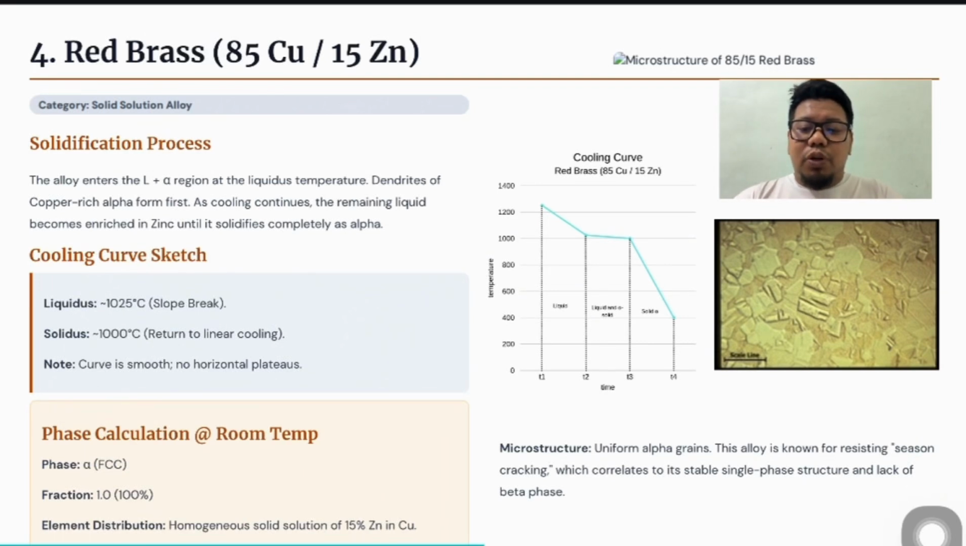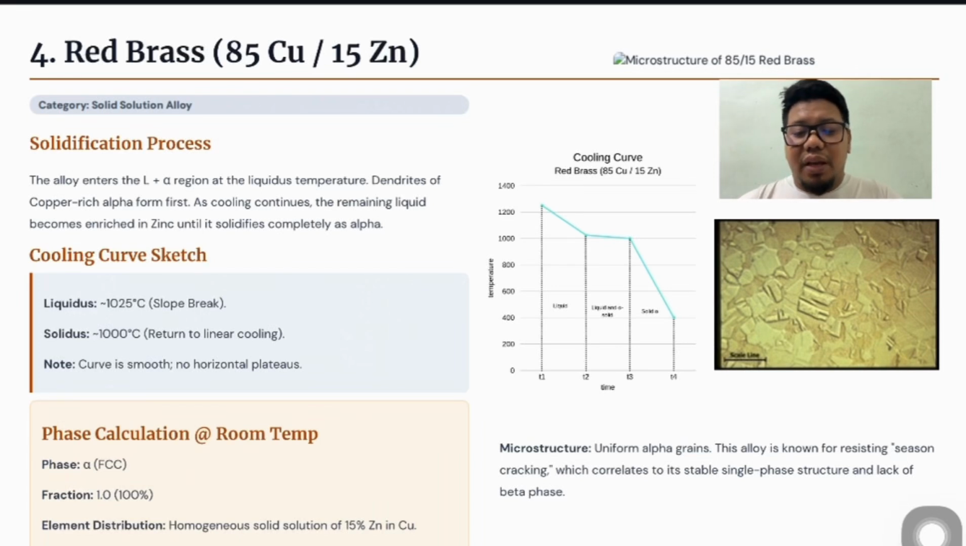There is a specific problem called season cracking, where brass cracks in bad weather or a stressful environment. Red brass is immune to this. It does not crack easily. In microstructure, just like the first one, this is also a single-phase alpha alloy. Because the structure is so uniform and consistent, there are no weak spots for rust or cracks to start. This makes it a perfect choice for plumbing pipes, valves, and things that need to survive underwater or outdoors for a